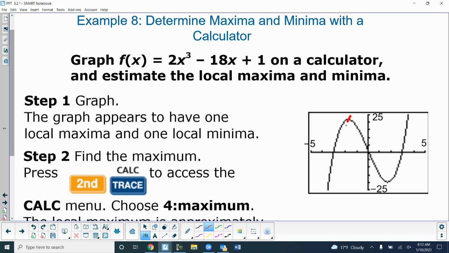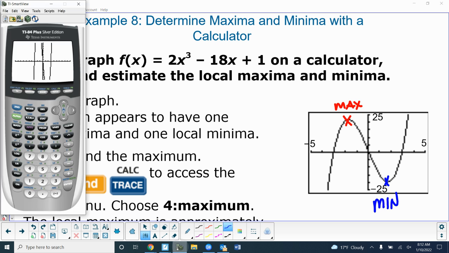What's this one? That's a max. What's this one? That's a min. We all okay with that? Okay. So I'll do it on my calculator, even though you can't actually see them. All right? Just like we found zeros, we're going to find the min and max in the second trace calculate